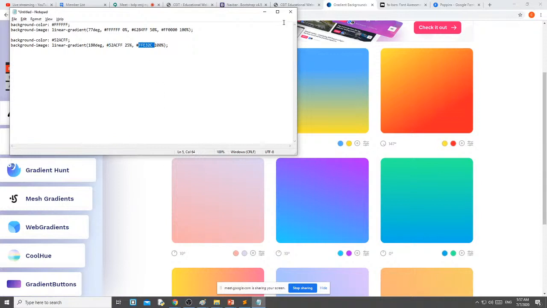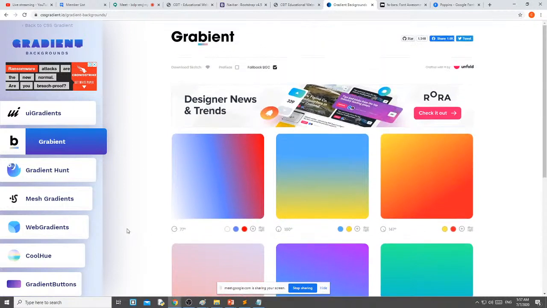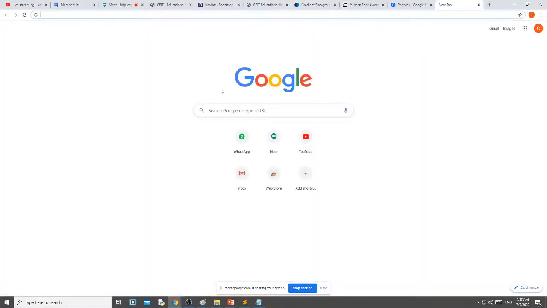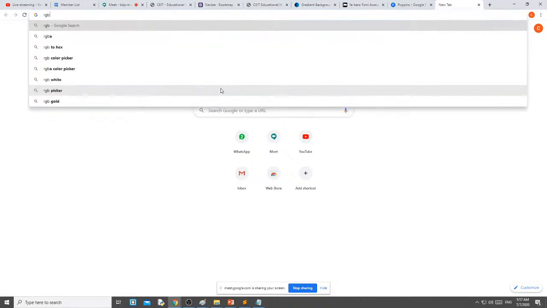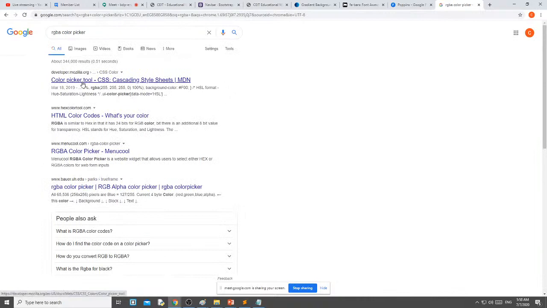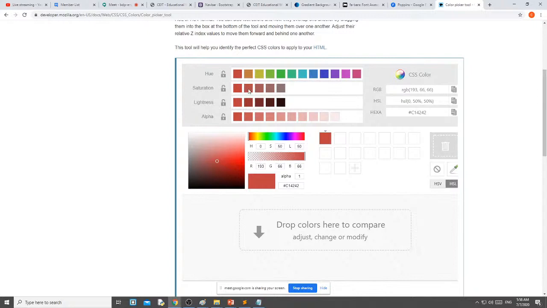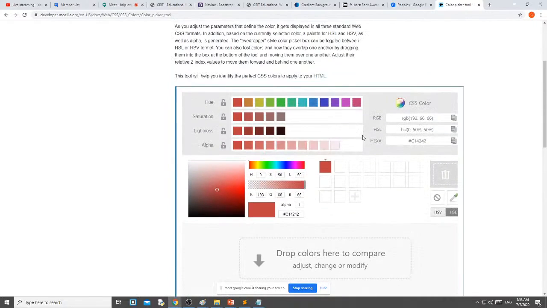Else, if you want to know more about the color, then you can get the color chart. Like here you can search RGBA color picker or color chart. Then this is the color chart.